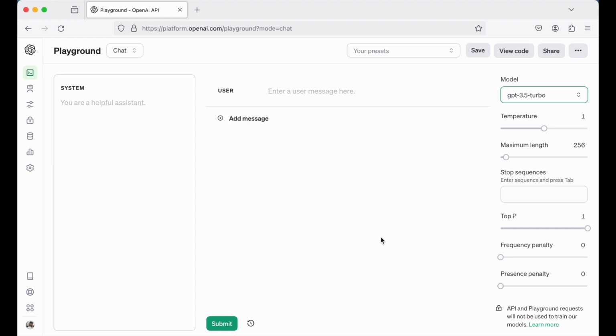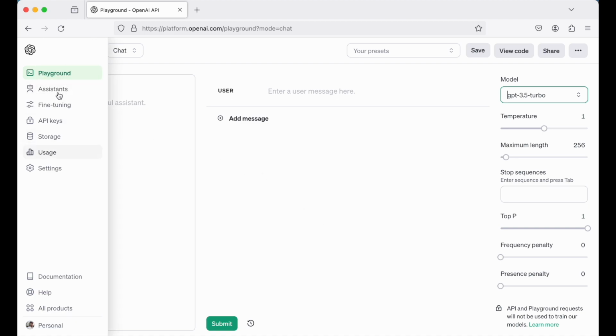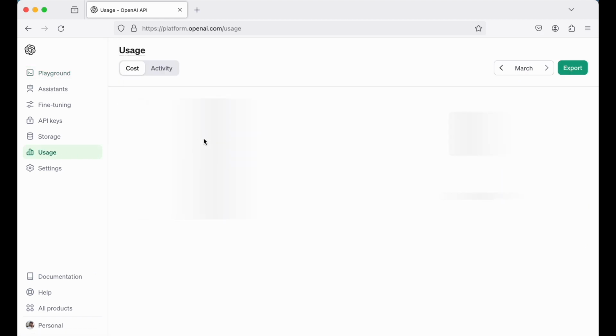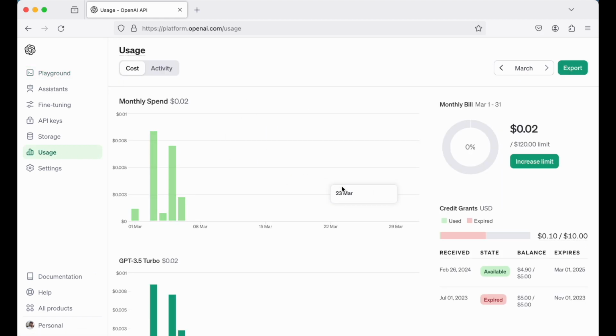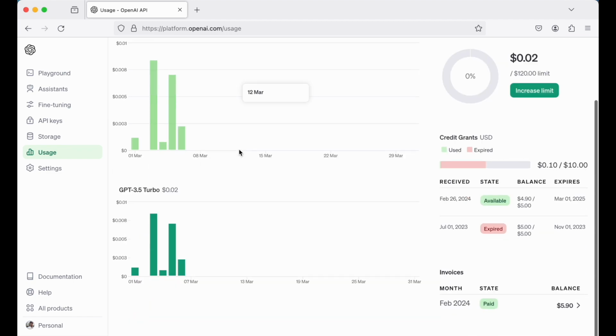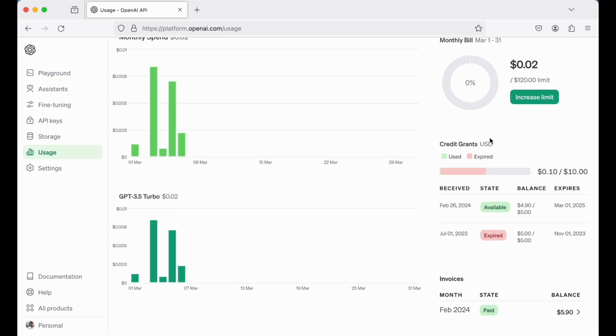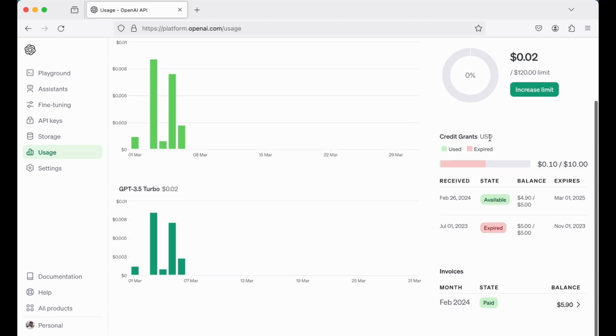Now let me show you how you can check the current usage of your account and what is the credit limit for which you have recharged. For that, you will have to go to this left panel, and here you would see this usage option. You will have to click on this. So this type of UI will come up, and here you would see the monthly spend, and the day by day spend also you can see from here. Then here you would see the model wise spend, and on the right side you would see the current usage and the current limit.